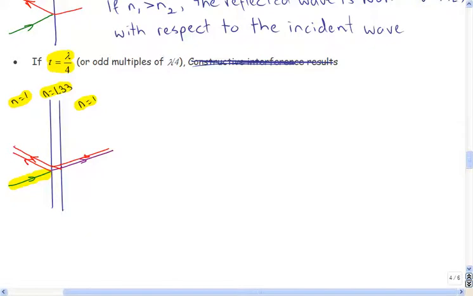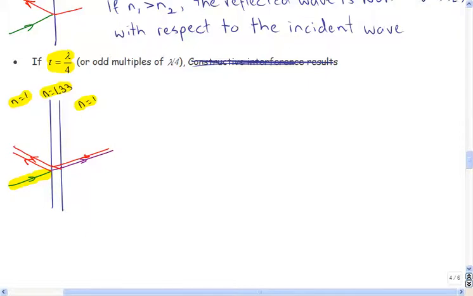Okay, so the first thing we have to do, we got to look at two things, two aspects of this solution. One, whether I've got inversion or non-inversion upon reflection. And two, I'm going to have a phase shift that's introduced because one of the waves travels across the film and back, the other one doesn't. So they've traveled a different distance before they come back to each other. And I need to